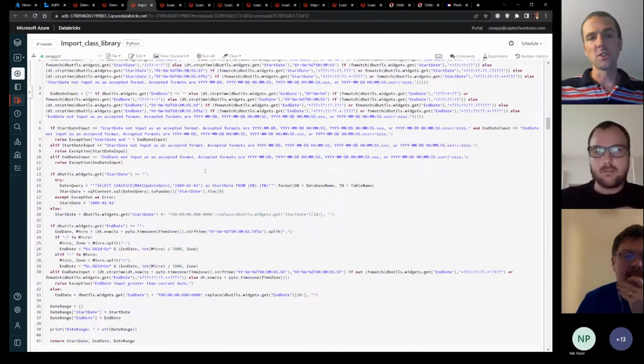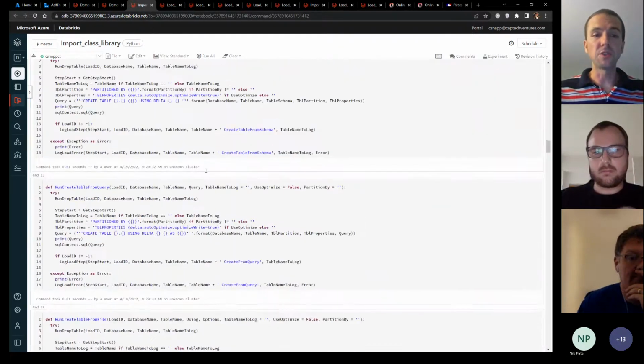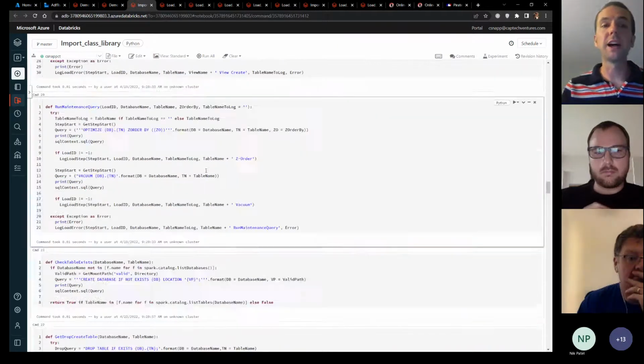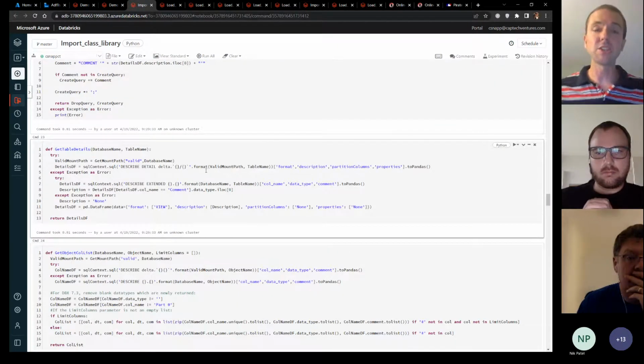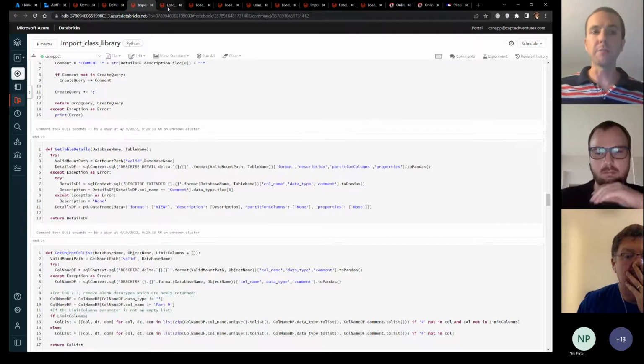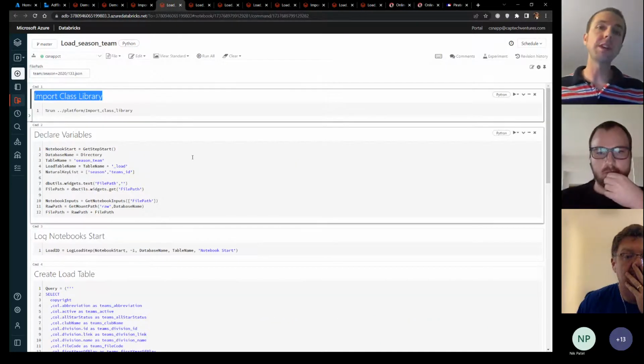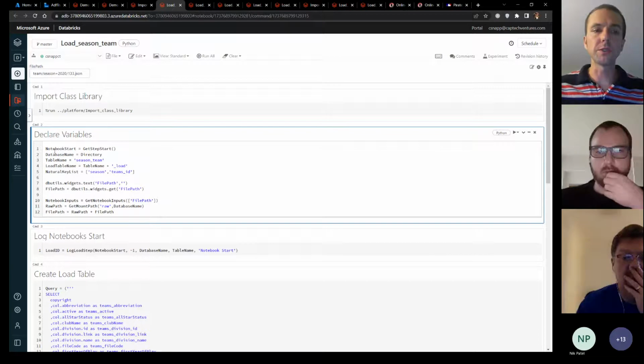Again, there's just a lot of Python here that we're not going to get too far down, but just know that there's a lot of capabilities as a data engineer and a developer that you can put into these methods, and you put them all in a class library, and then you make your standard ETL or data engineering template import that library. I then say I'm going to start this notebook.